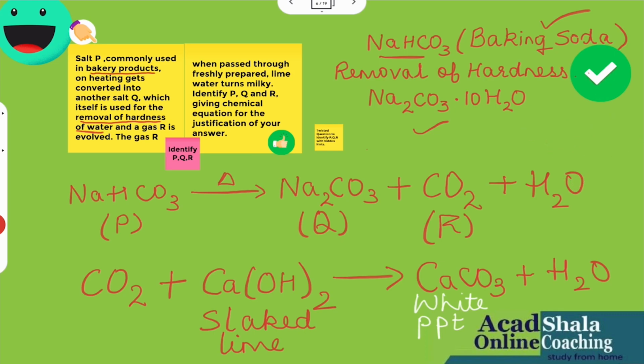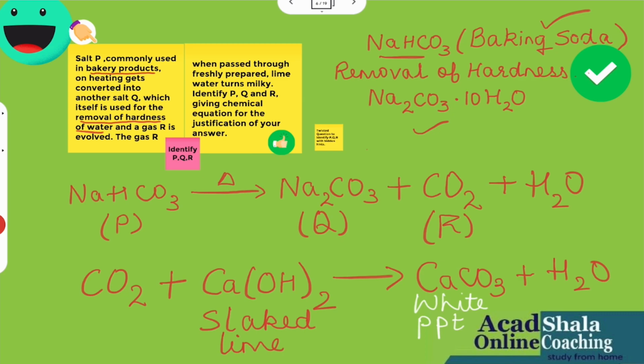So you should also know the other names of calcium carbonate, which is really very, very important. It can come in your MCQs also. If you do not know the other names, you will not come to know it is calcium carbonate. And you should also know the precipitate formed over here is calcium carbonate, which is white in color. So the colors of the compounds and precipitates formed, as I told you in the previous video, should always be in